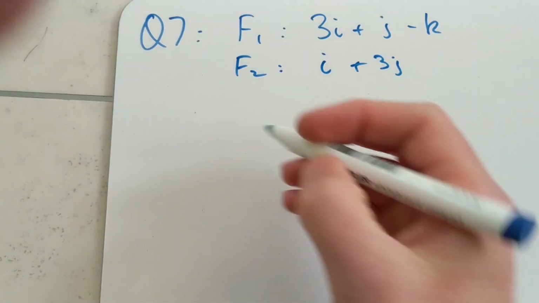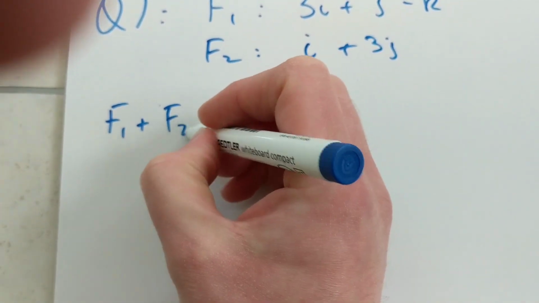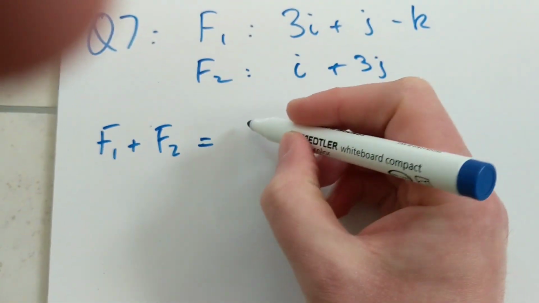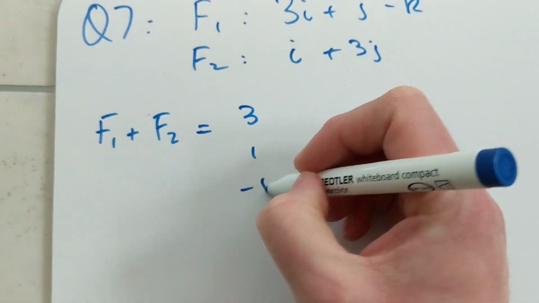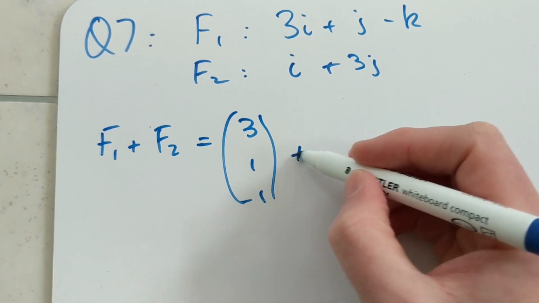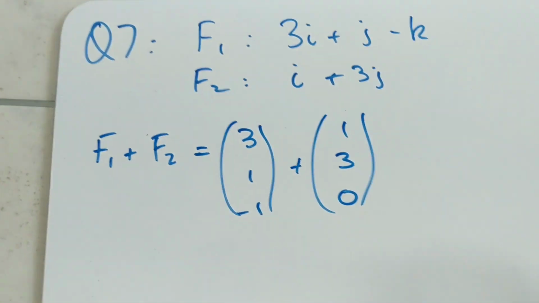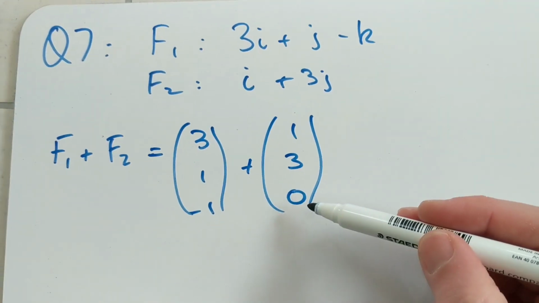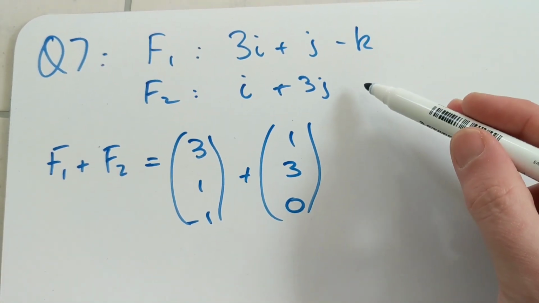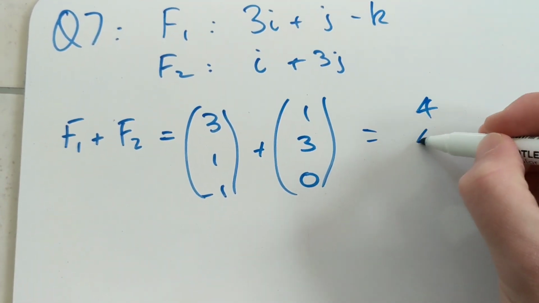So if you're getting the resultant vector, adding the two of them together, F1 plus F2, in component form, you could have 3, 1, minus 1 for your F1, and you're adding 1, 3, 0 for your F2, and it's because there's no k's there, so that's where the 0 comes from, because there's no k. 1i, 3j, 0k. Adding them across, you get 4, 4, minus 1